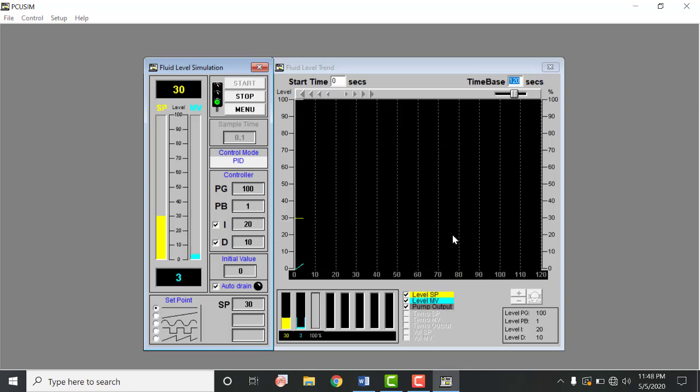As we already know that we are controlling our level by practicing different exercises. For example, if your pump works more than required and the value of input exceeds the set point, then at that position the integral and derivative module would help the auto drain pump to start, and at that point this auto drain will drain some water and we will achieve our required set point, that is 30 liters per minute or whatever.